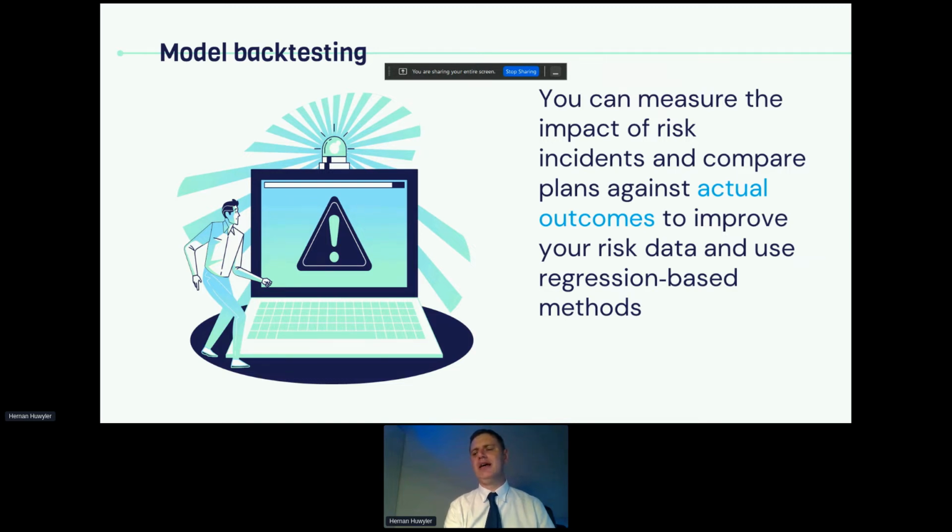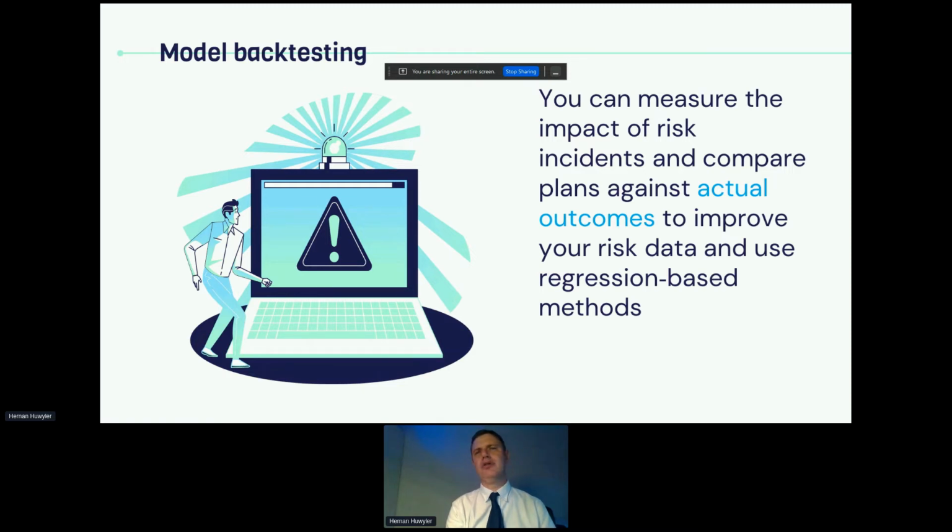And then you need to have, of course, a database of losses, attacks, near misses, and different types of impacts, so you are able to collect data on what is actually happening in order to improve the outcomes of your model.